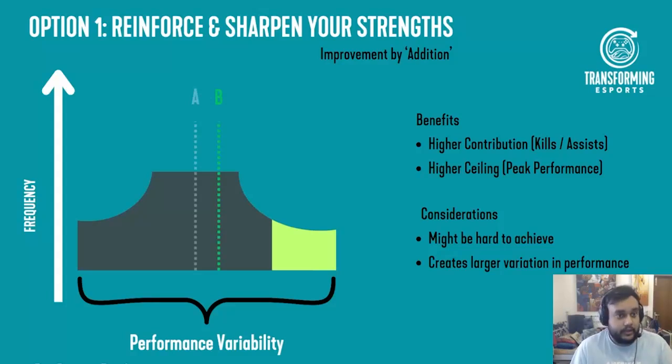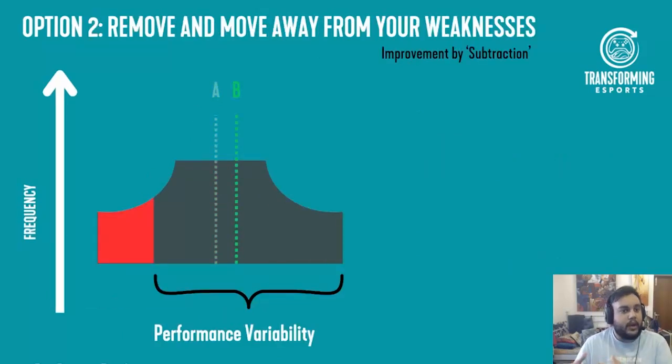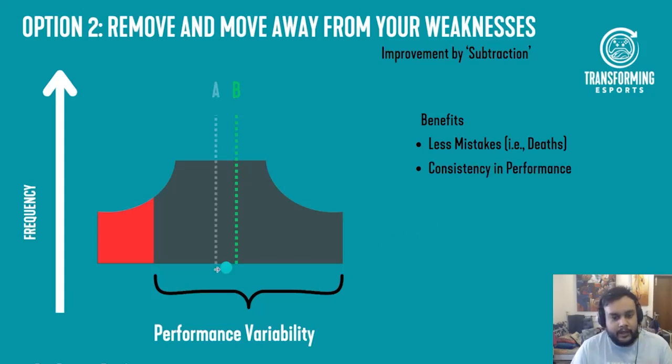So the other side of the coin is we move away from our weaknesses. We drop some of those bad habits, right? We see this here. This is kind of the developmental gain, and those have some great benefits for us as coaches and even for the player. Some of those benefits are they're making fewer mistakes. Those unforced errors aren't as prominent, not as frequent. And they're finding more consistency in their performance. As you can see here, the performance variability has squeezed in. Therefore, they're on average performing closer to their ability rather than having high variance either in training or competition.